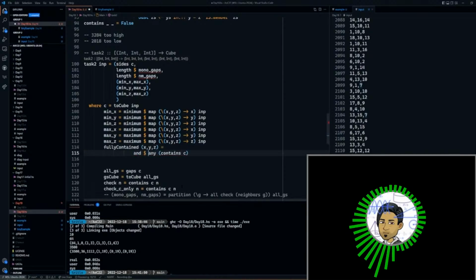So they have to be, and then map any contains c of a, we'll do it for the 3, any contains c, and this is gonna be dot